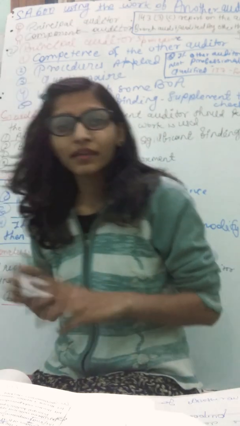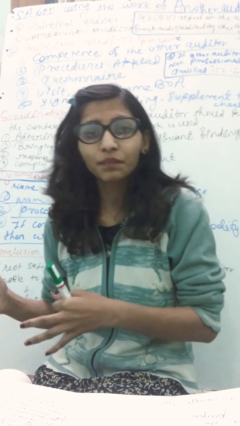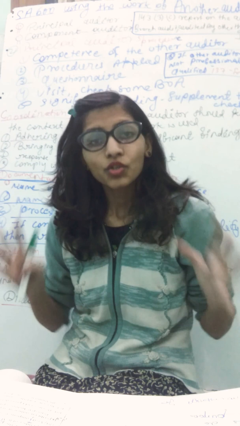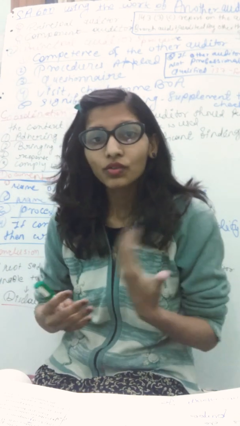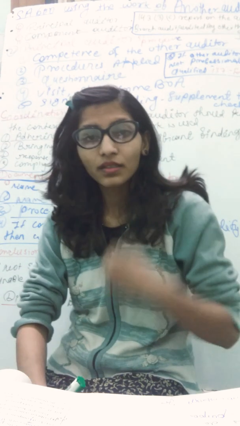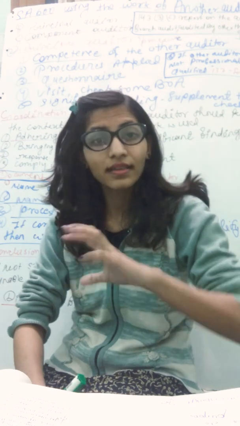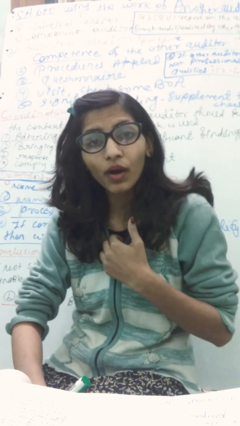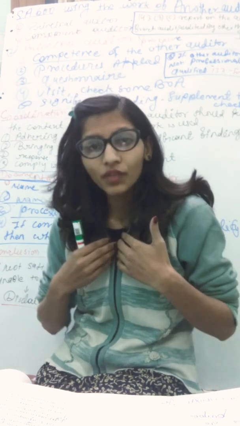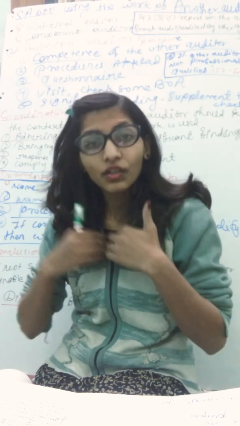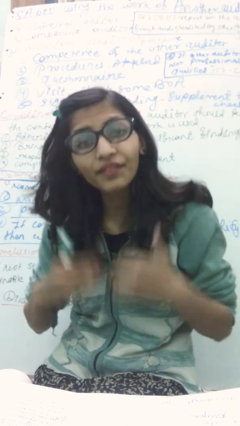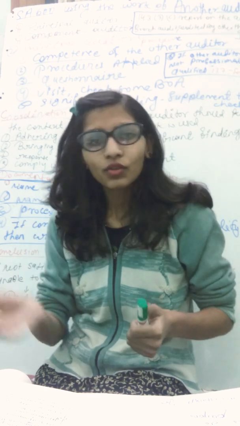principal auditor. Now, the principal auditor and component auditor should coordinate. If there is coordination between the principal auditor and the branch auditor, then as the component auditor, we should know the context in which our work is used by the principal auditor. If we know in which context the principal auditor uses our work, then we do this work accordingly,